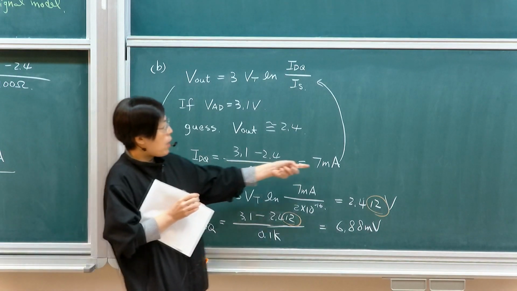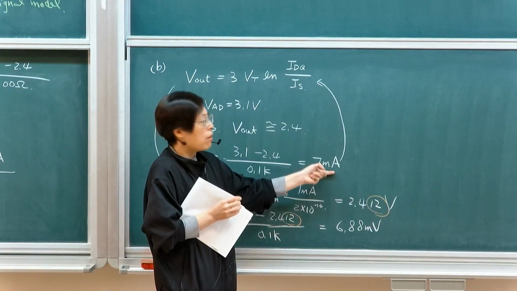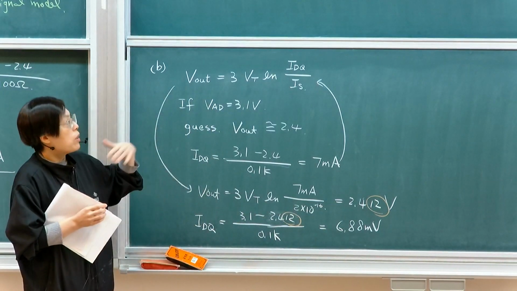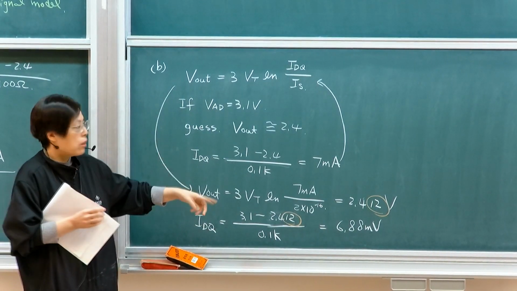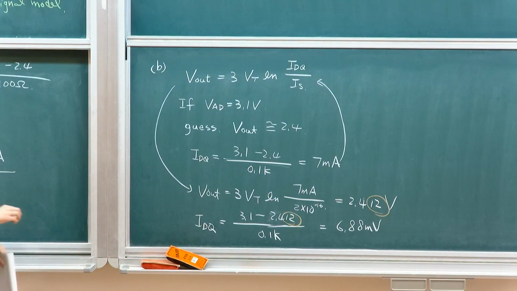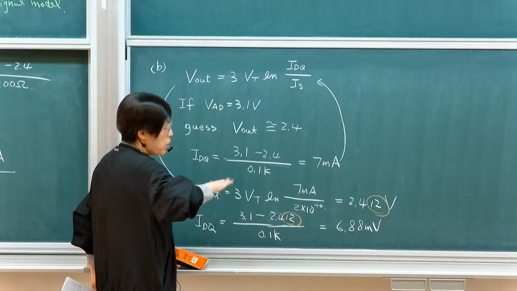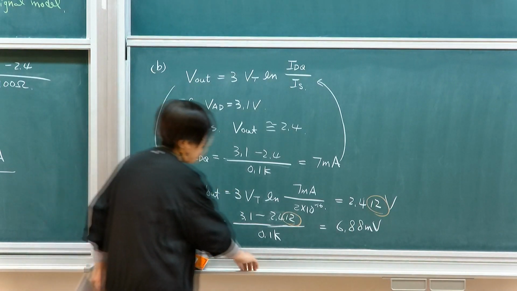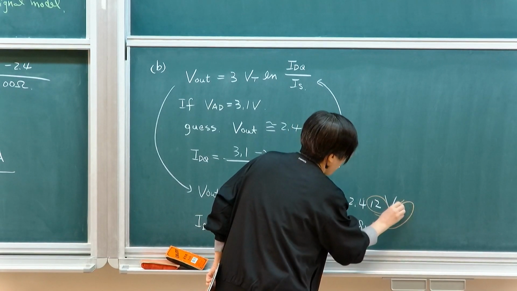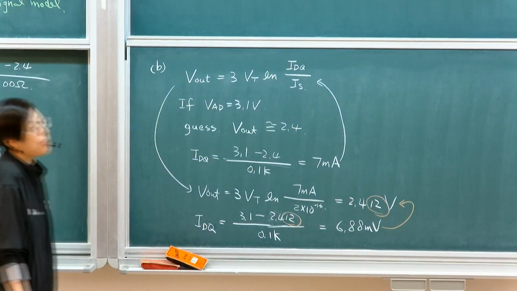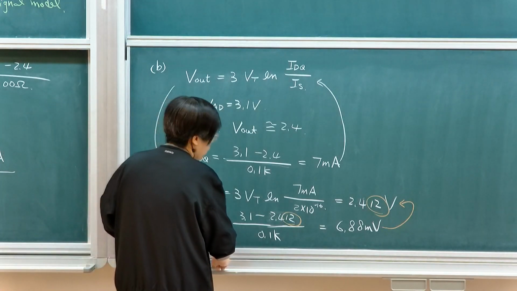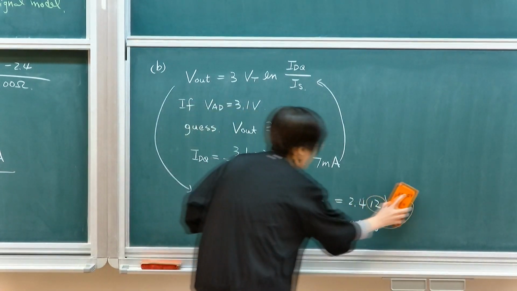So correct from 7 milliamp because you overestimate the current, because the voltage increased a little bit. Even though you expect it will increase, but how much? So we can do this through exponential or natural log iteration. In this, the natural log will reduce the sensitivity. So then you go back, we use this number, and go back and actually get the numbers. Actually converge very close. So you get, I should say,